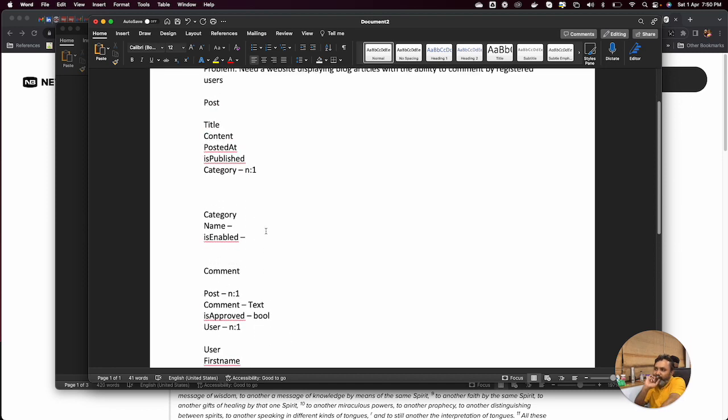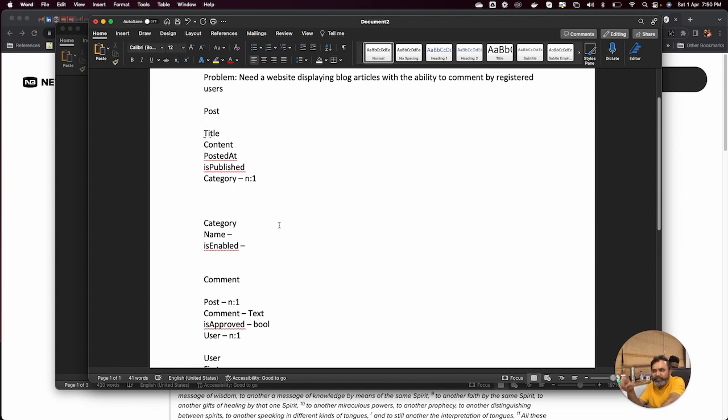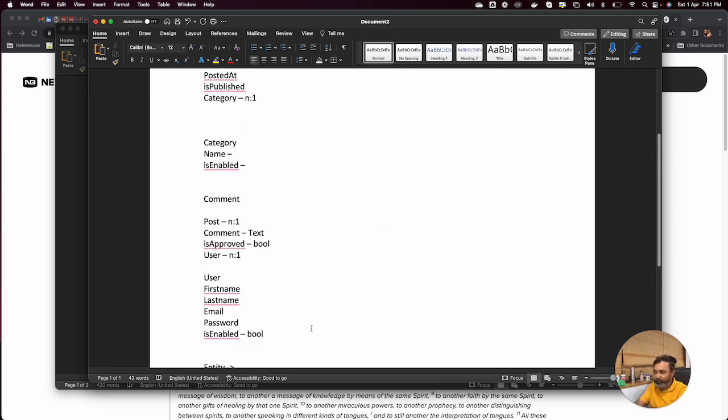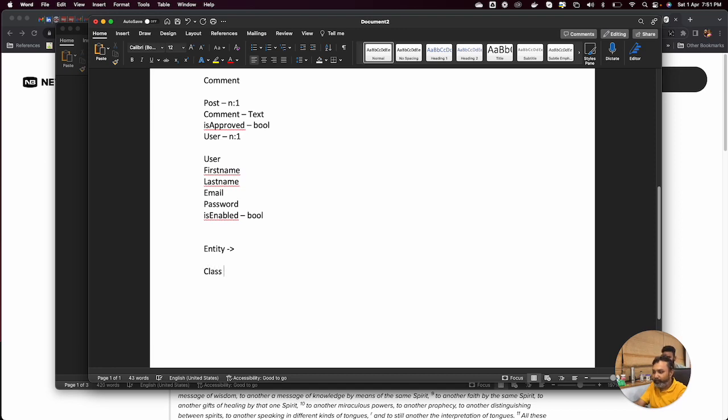In database we call it table, but in Symfony we call it entity. What is an entity? It is basically a PHP class having the properties and getters and setters, with the properties private. Since you already know what access modifiers are, I don't have to explain that. So private, protected, and public. So you will be having a class. One example we can take is this category. So you will be having a class Category,